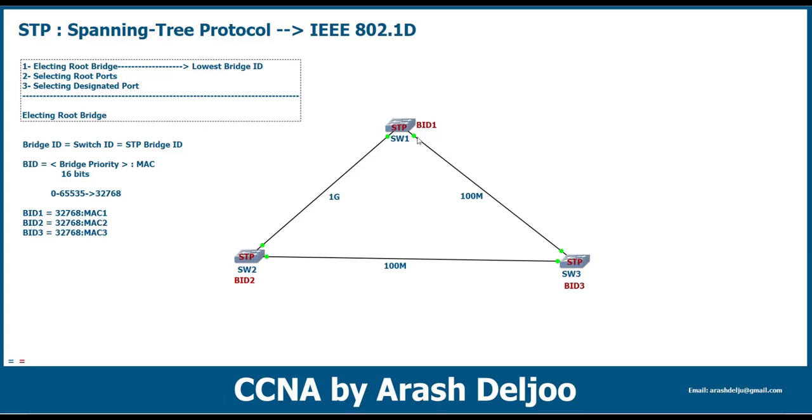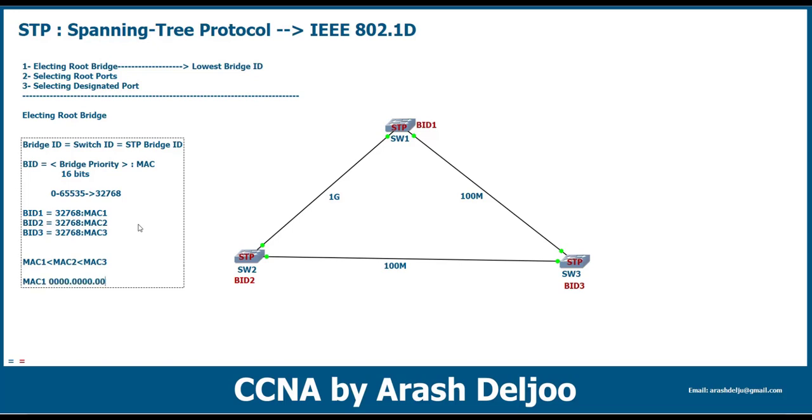Okay, let me show you. Here in this example, you can see BID1, BID2, and BID3. Let me give you one example. Assume that MAC1 is lower than MAC2 and lower than MAC3. For example, this is MAC1: 0000.0000.0001, and MAC2 is 0000.0000.0002, and MAC 3 is 0000.0000.0003. And as you can see, MAC 1 is